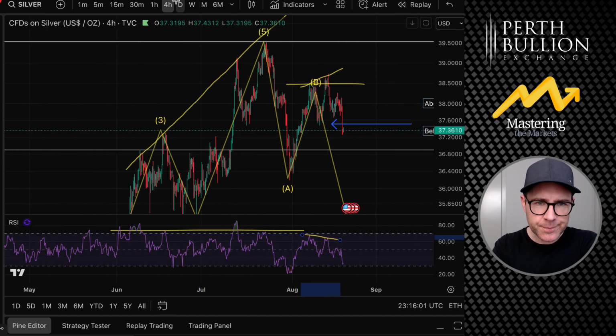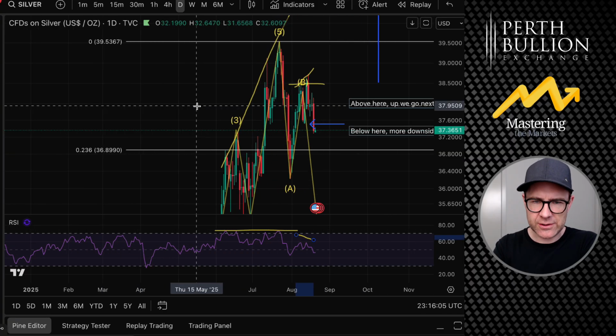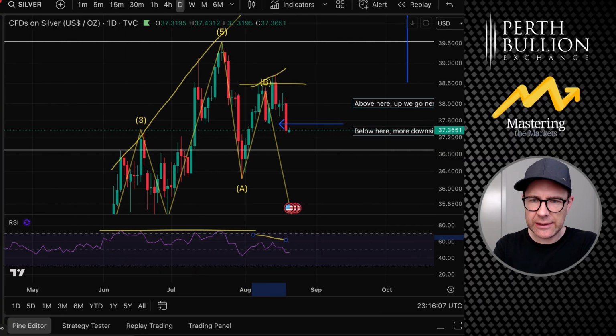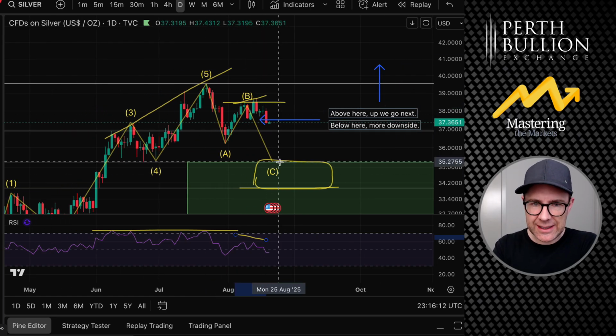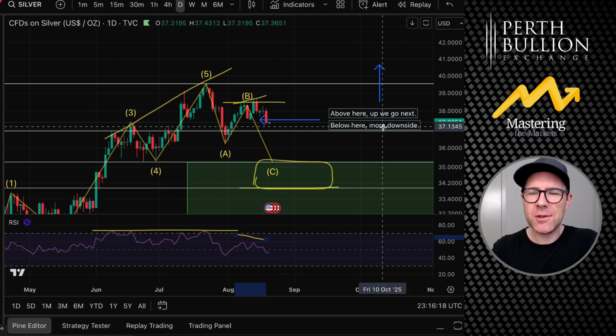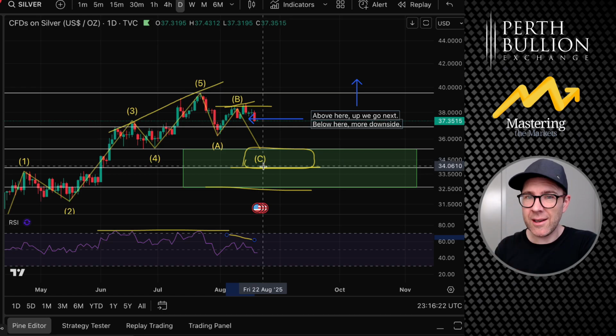Okay, so now, are we going to see a little bit of a further dip? I do think so, just slightly lower, if not potentially that full ABC pattern still on the cards at this stage. So let me know in the comments, are you hoping for that? Do you hope that it gets down to that $35, $34 kind of area? Would that be like the last big dip, back up the truck kind of thing for you? Let me know in the comments.